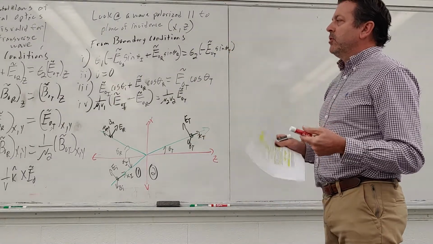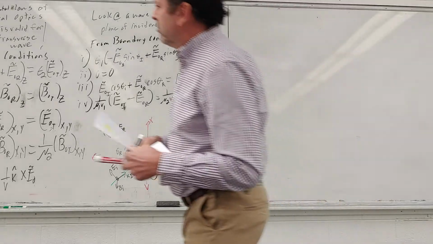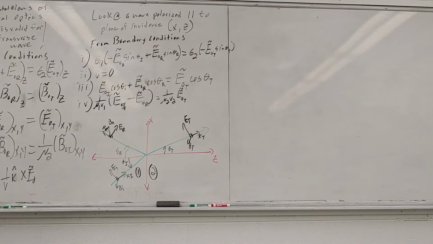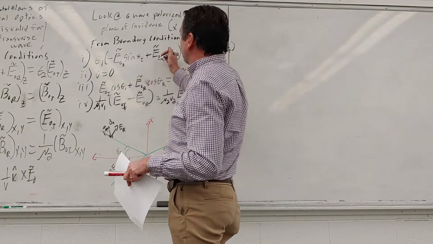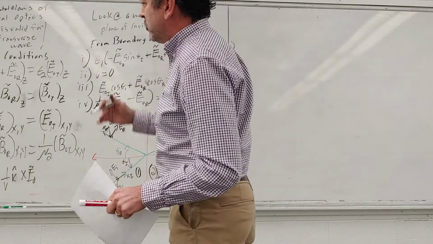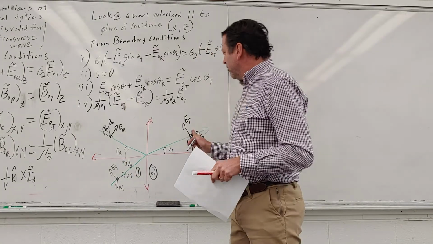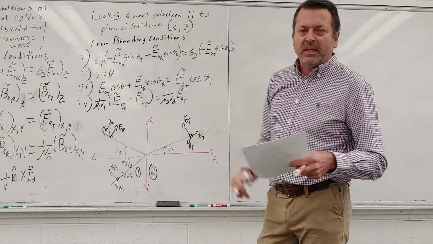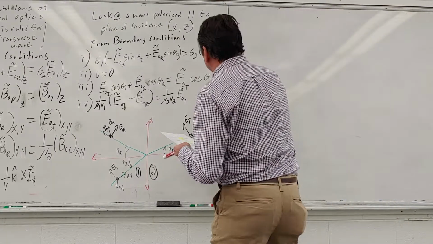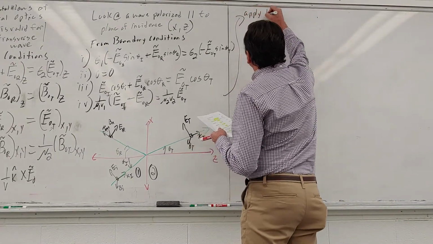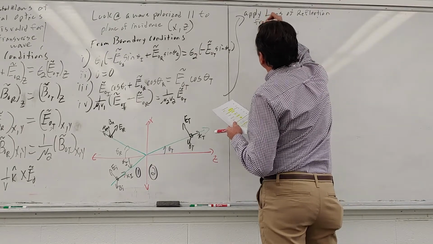Okay, so now we're going to apply what we learned previously about those laws of reflection, the first, second, third law of reflection. Basically, which remember said that we get plane waves, angle of incidence equals angle of reflection, and then the ratio of the sines for incident and transmitted, or refracted, equals the ratio of the n values, the indexes of refraction. Okay, so if we do that, what we can say then is, by the laws of reflection from previous,